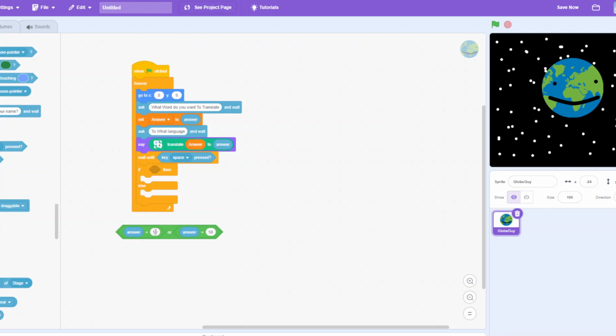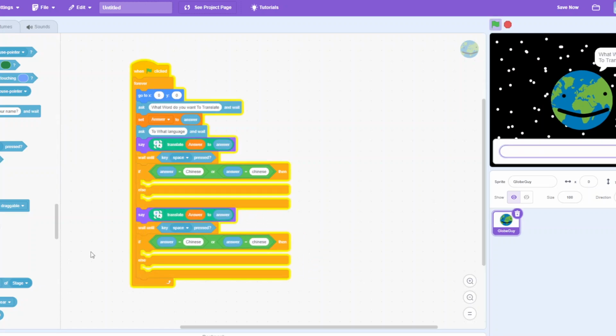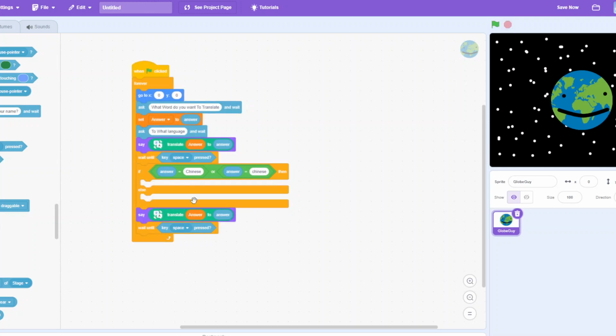And now we can put Chinese. So if they're saying Chinese with a capital C, or Chinese with a lowercase c,